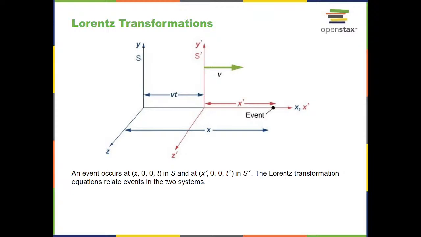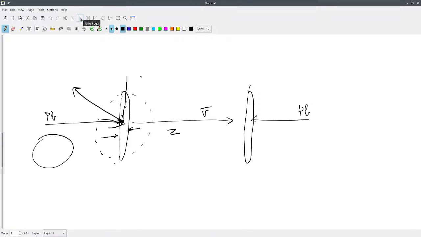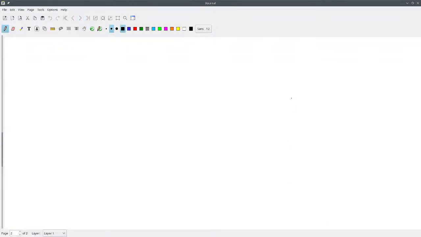As you might remember, what we started with was what are called Galilean transformations. Those are the coordinate transformations we've used in this entire course up till now, and they say that x in a moving reference frame,